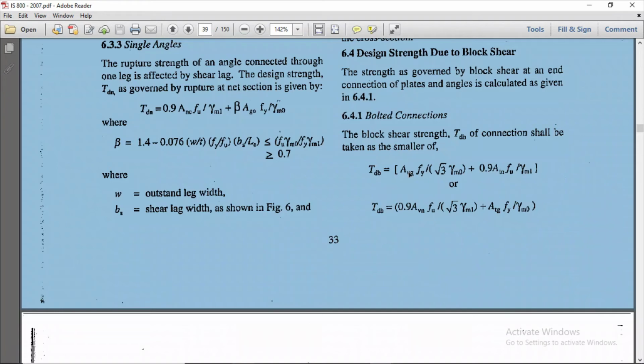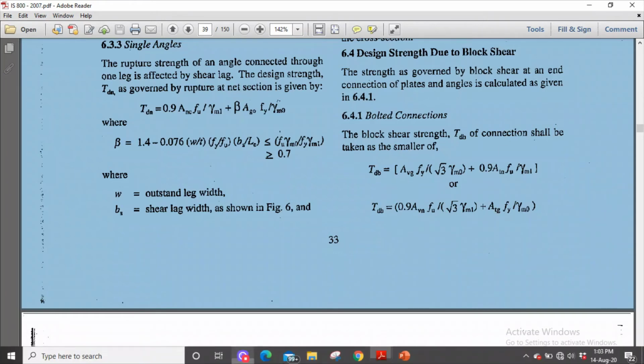Or we can do, first we find out the unknown. So if you see the formula, the only unknown values in the first formula are Avg and Atn. In the second formula they are Avn and Atg. So let us find out these values and let us see how to find them. So let's go back to the board.